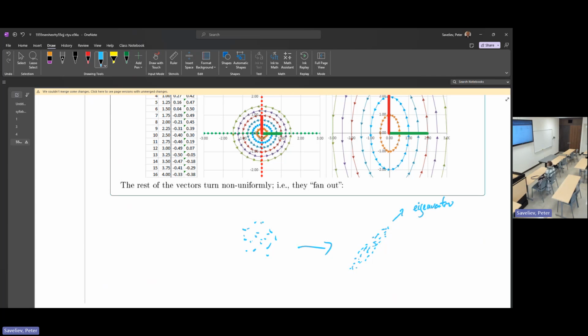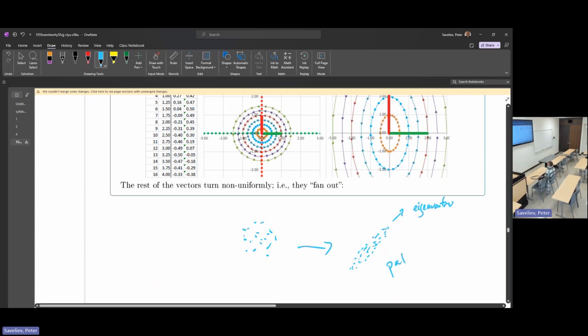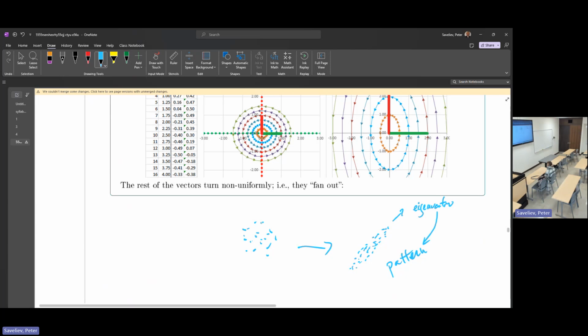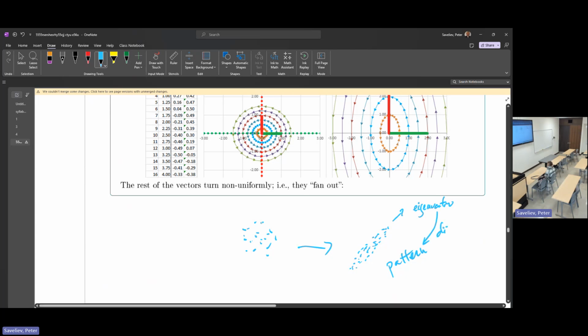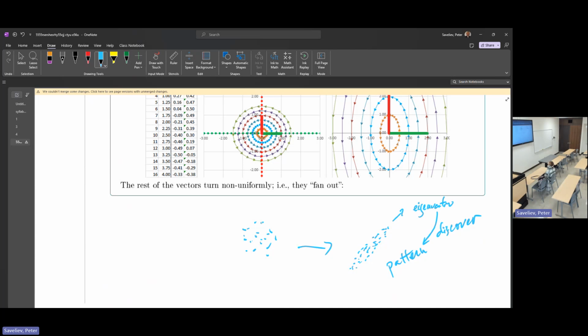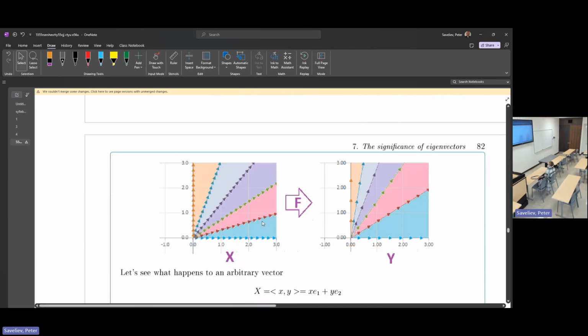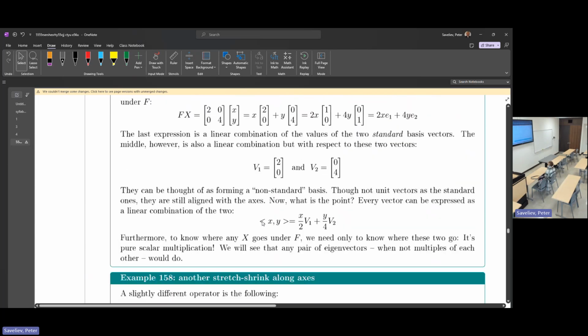Okay, so detecting them will tell you a pattern in your data. That's a clear pattern, and you discover it from your knowledge of the eigenvectors and eigenvalues. Naturally, in dimension n, you don't see any pictures, and so that's why algebra becomes inescapable. So that's the point, and let's once again examine some of the examples of